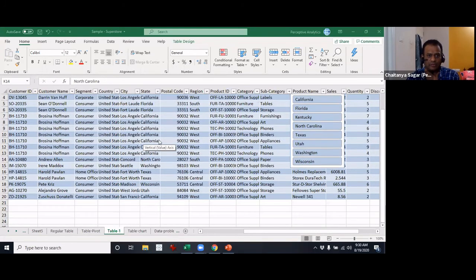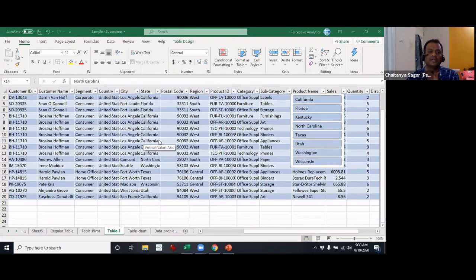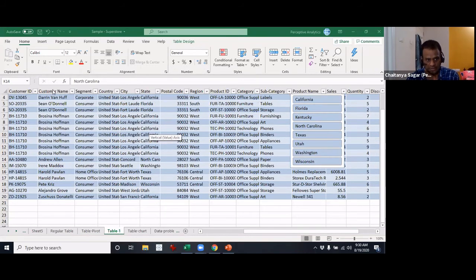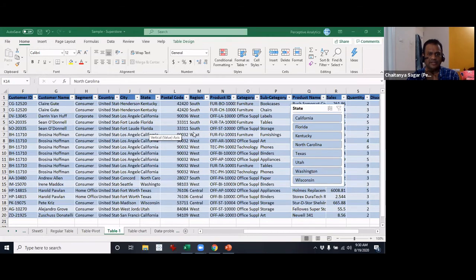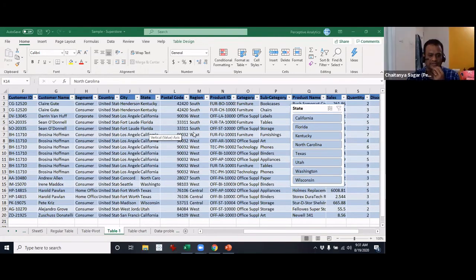Basically, if you move up, the column names, as in the letters, have gotten replaced with the names of the table headings. Did you notice that? Yeah. Okay, it is a cool new feature.